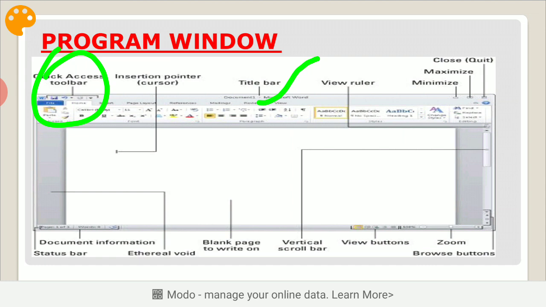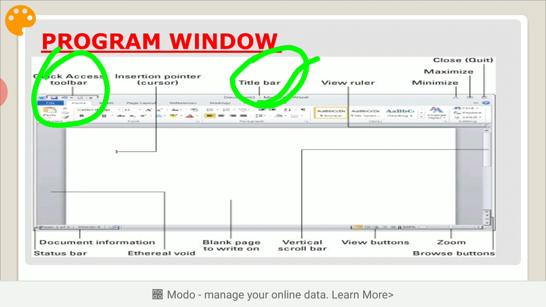If you want to save your program, or save your letters, you can use the quick access toolbar. Okay, the next feature is the title bar. You know that the topmost bar that displays the name of the program is the title bar.